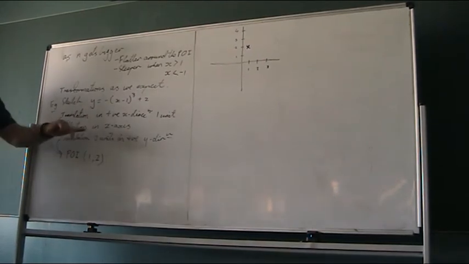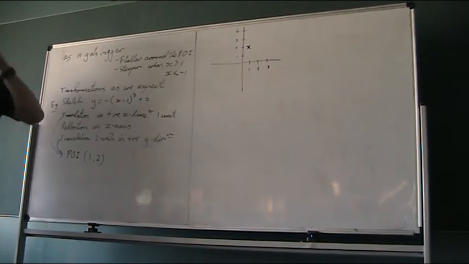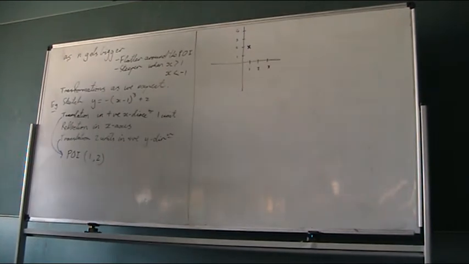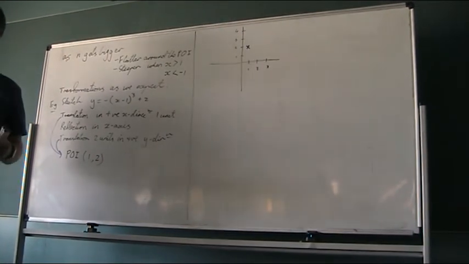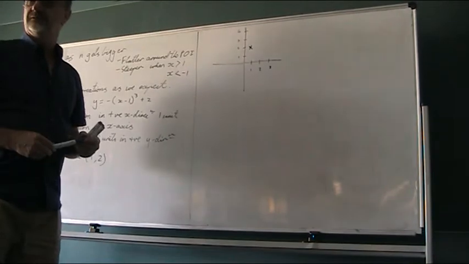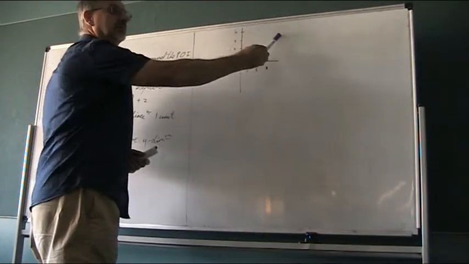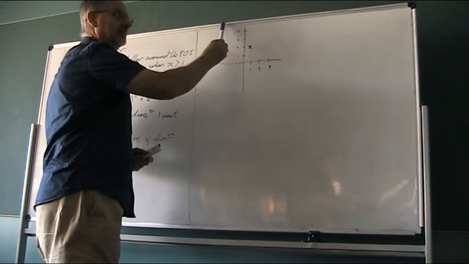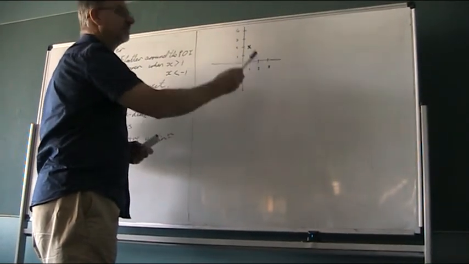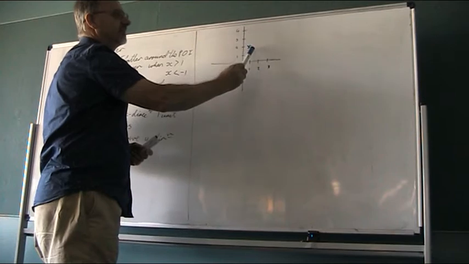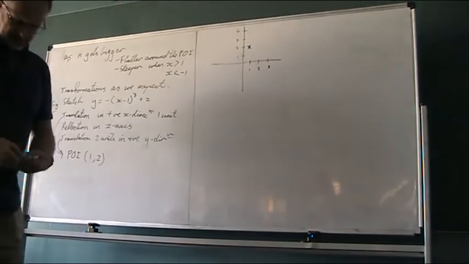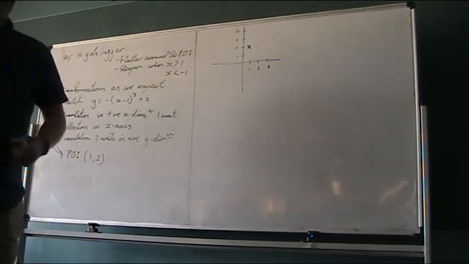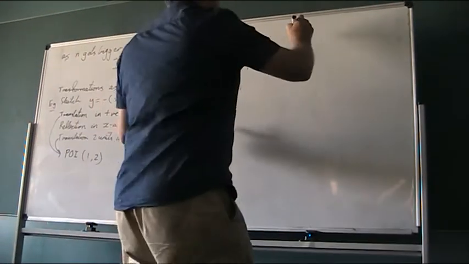We've then got a reflection, it's been reflected in the x-axis as well. So what does that mean about the shape? Where is it going to start? It's going to go this way, yeah? So if it goes this way, it's going to cross through the y-axis and the x-axis. So we need significant points. So our y-intercept,